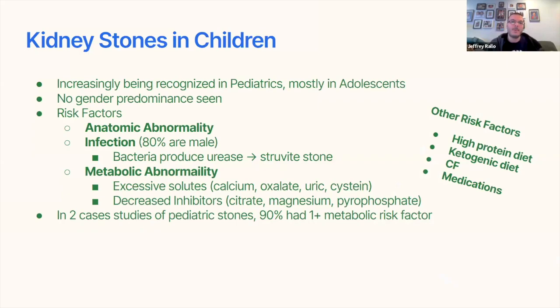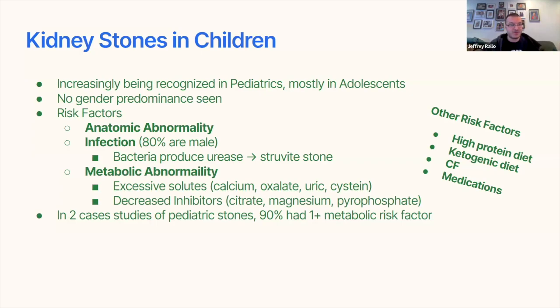All right. Quick slide on kidney stones. We are seeing them more and more in children. No one knows why. It's probably a combination of increased obesity, no one drinks water anymore, and our diet with lots of non-natural stuff, crystal formation, solutes, and chemicals. No gender predominance is seen in children. I think there are slight gender disparities in adults, but in children they found there's not really much of a difference.